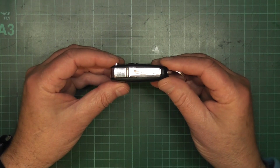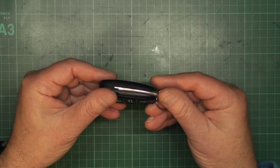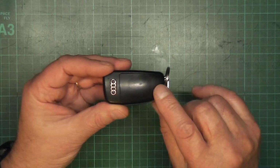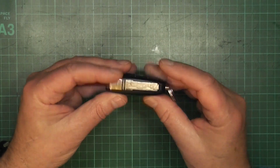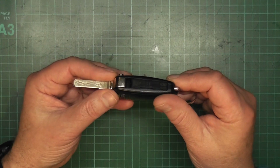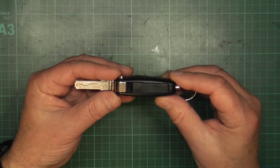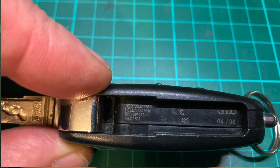So what we do then is we'll just have a look at it. Now there are certain key fobs that don't open, but this one has a little panel. So we're going to open that. So first thing you do then is you let the key itself out, and then you'll see inside here it has some information in there. Just give you a close-up,